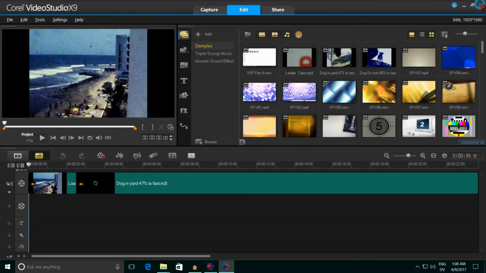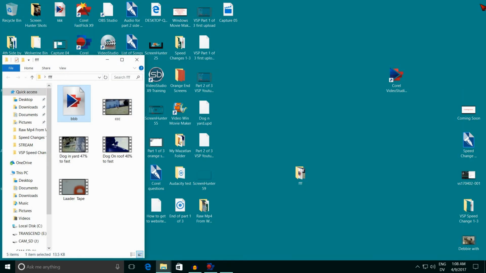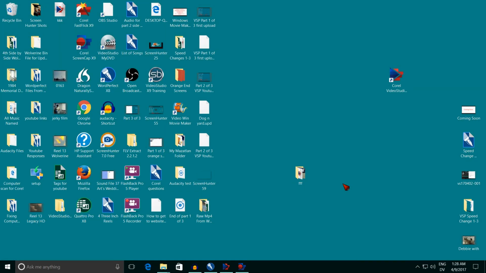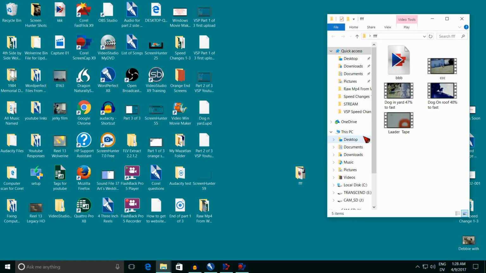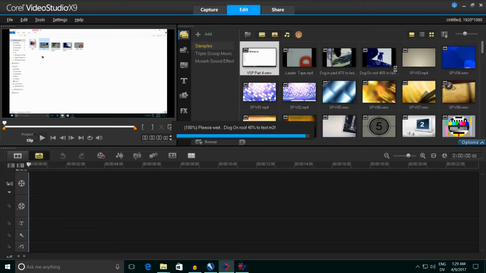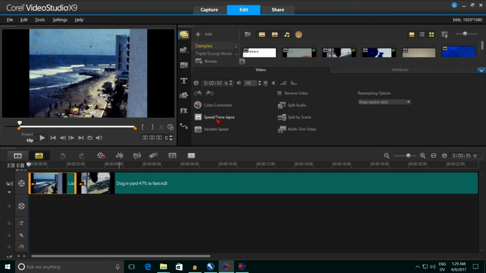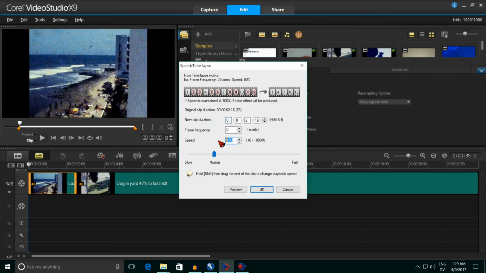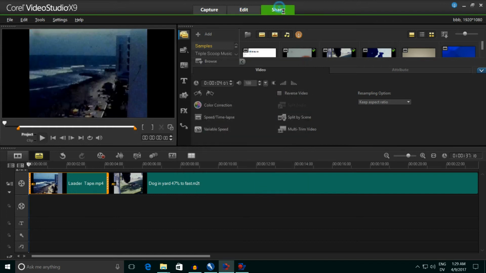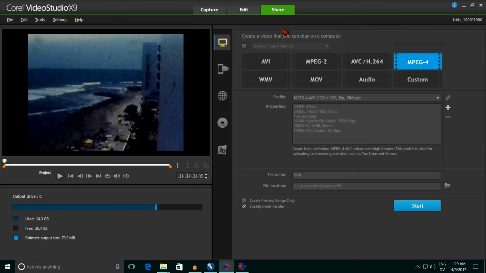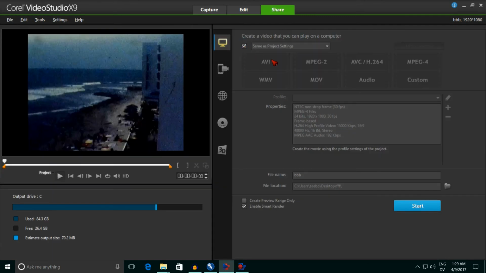I keep all the films and the project and the movie in one folder. This way, if I found a mistake, for instance, remember the film with the leader? I removed the leader but did not slow the film down to the correct speed. Since I kept all the films and the project together, even if it was months from now that I noticed the mistake, all I have to do is copy the folder to the desktop, open the project up and change the speed of that one film and render the film again.